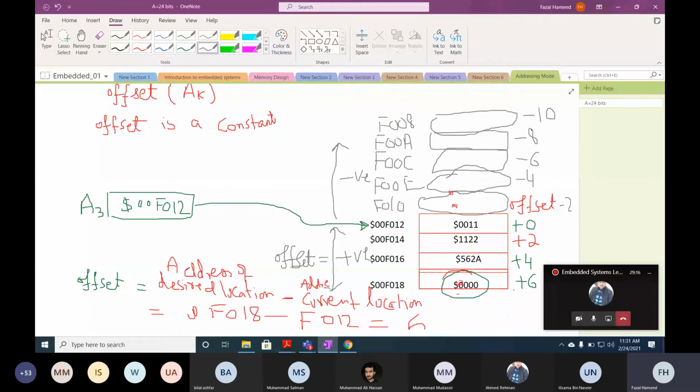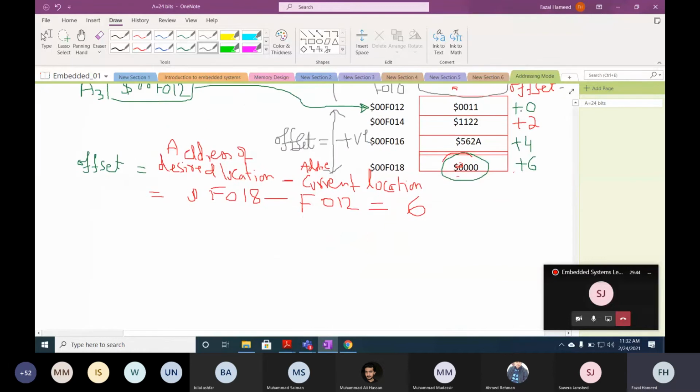If we have a positive offset, will the operand of interest be in the downward direction or the upward direction? Downward direction. If that offset is negative, will the operand of interest be in the upward direction or downward direction? Upward direction. Okay, so now we proceed further.